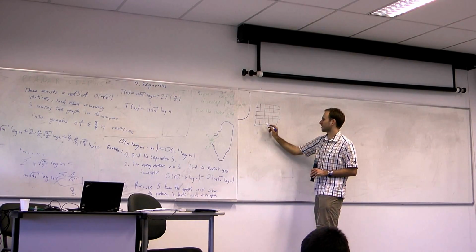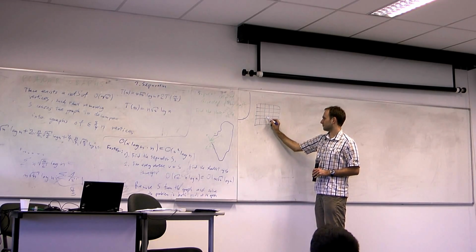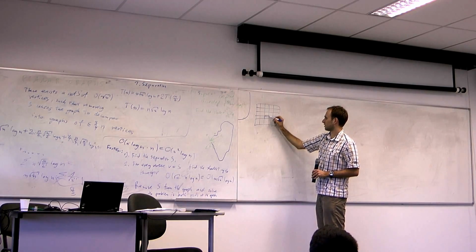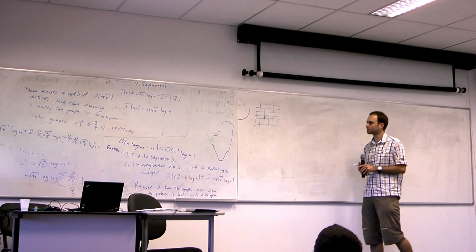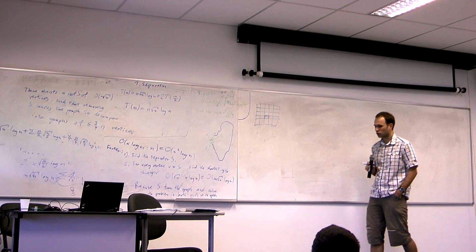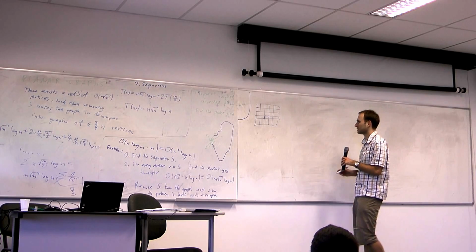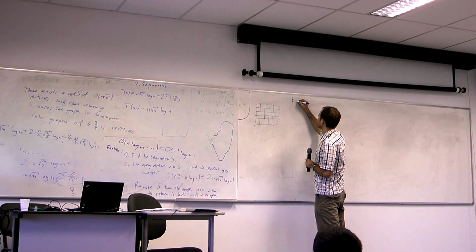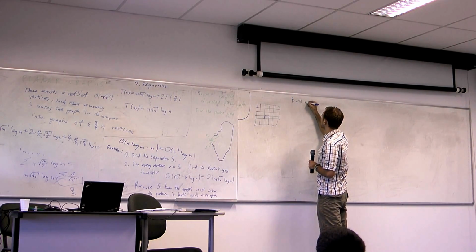We have a weight. So these things are edges and they all have some weight assigned. And the second example would be a data structure for answering distance queries. So the task is to build a data structure